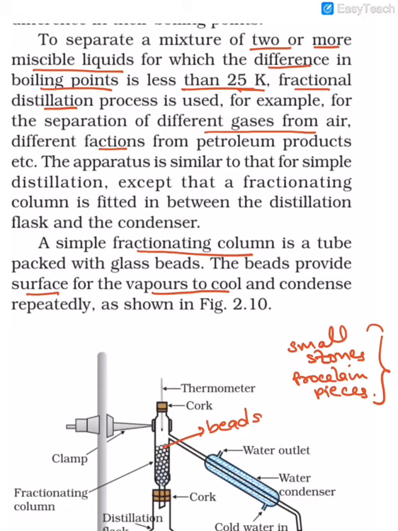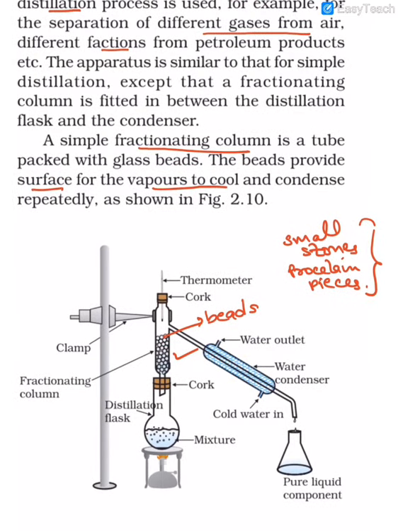So continuously here, distillation and condensation take place. Distillation means converting liquid into vapor, and condensation keeps on taking place. It is just the same as the distillation method, but the only thing we are using here is a fractionating column. You can see the apparatus for fractional distillation is just the same. You have a distillation flask, the mixture is kept in this, and you have a fractionating column here, with a thermometer in the fractionating column, and you can see the water condenser.